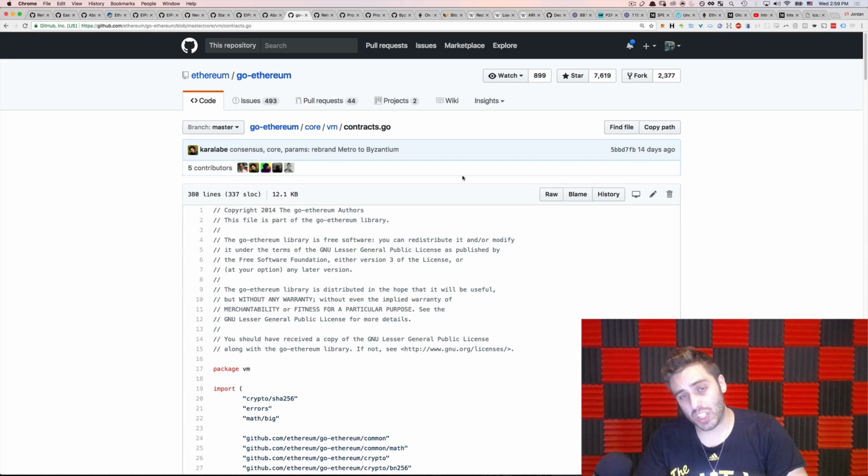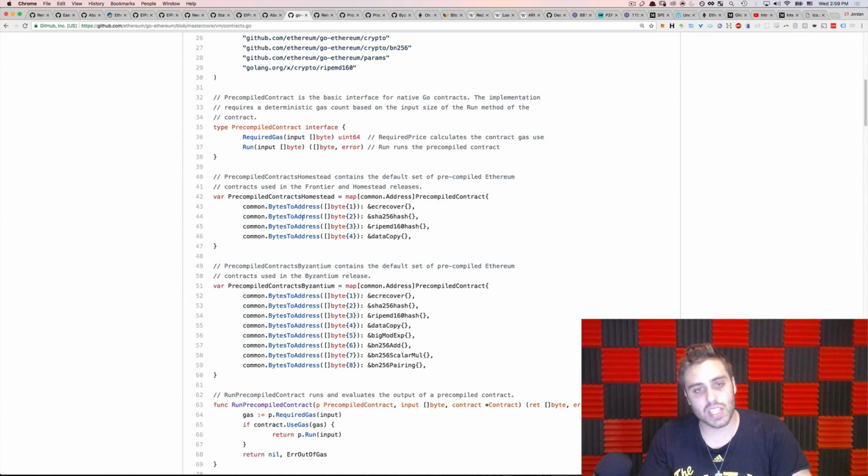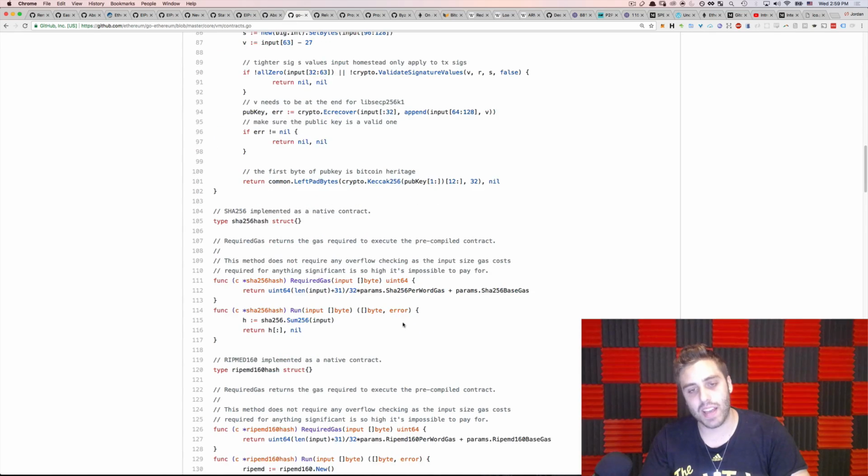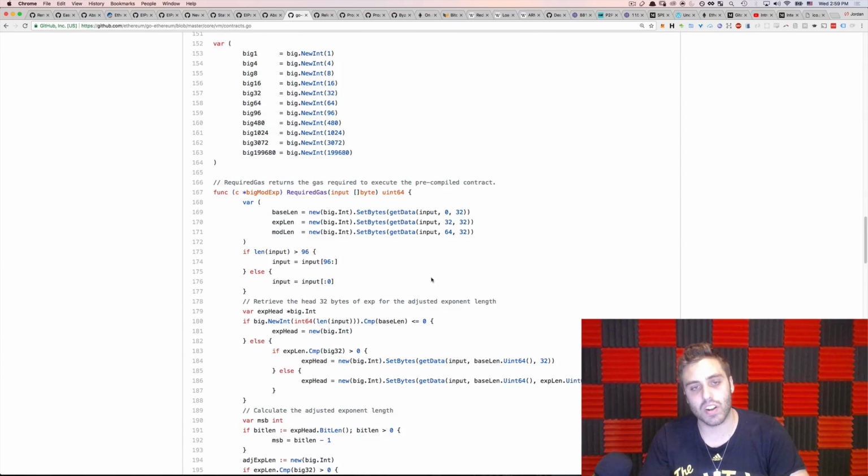And if you wanted to actually look at these precompiled contracts, we can go into the codebase of Geth at go-ethereum/core/vm/contracts.go, and we'll see a list of precompiled contracts right here. There's 8 of them total. There were 4 of them before Byzantium. 4 are getting added for Byzantium. They're all cryptography functions for EC Recover, SHA-256, RIPEMD-160, and then the ones getting added in Byzantium. And then the implementations are down here later in the file.